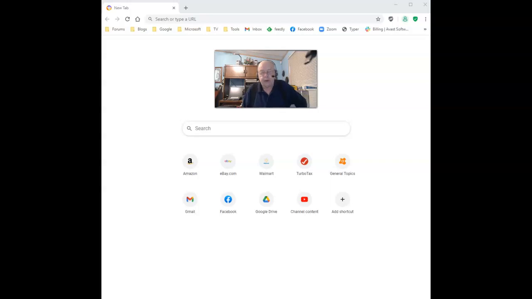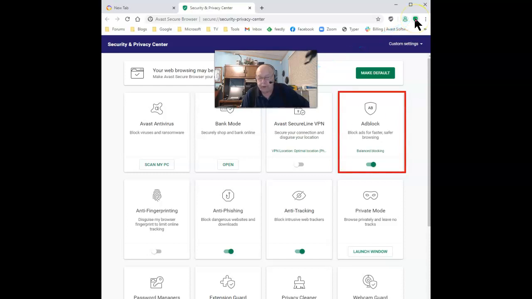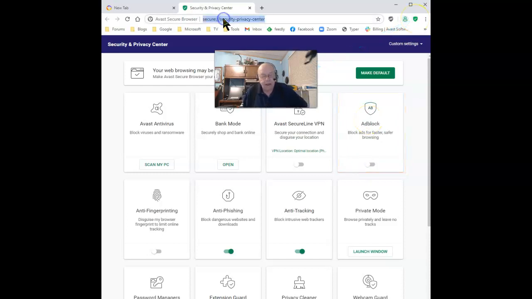There have been some complaints about the ad block feature in Avast Secure Browser not working as it should. Here's my answer to solve that problem. Go to the Security Center. Once this is opened, go to Ad Block, turn it off, go back up to the address bar, and simply